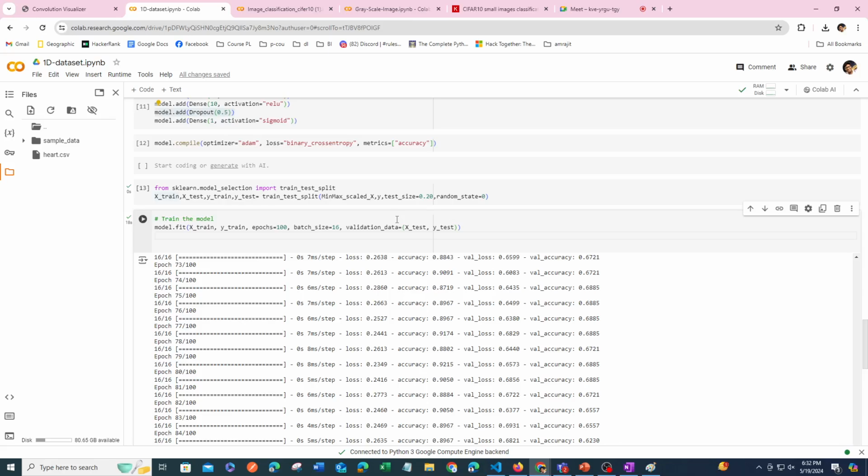You can see the epoch is 100 and the batch size is 32. Our dataset has 1000 training samples. Each batch size means that in each iteration it processes 32 samples. So if we divide 1000 by 32,